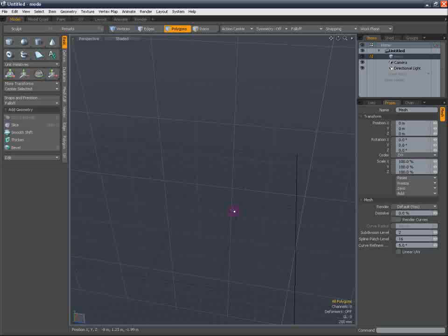Hello, this is Justin for CGTuts Plus, and today I'm going to show you how to model, render, and texture an iPod Nano first generation. We're going to do this using Luxology Modo 401,